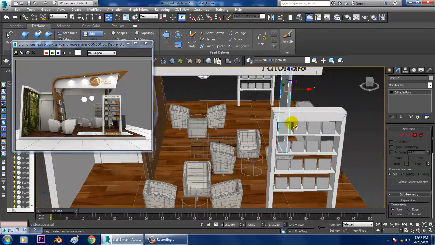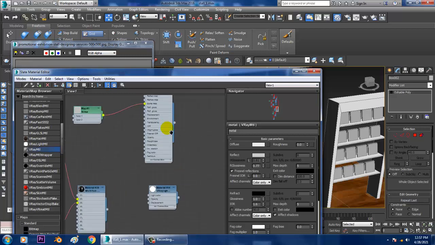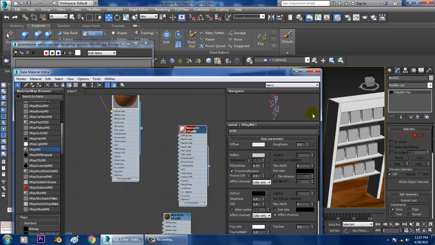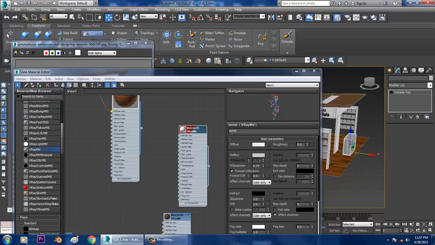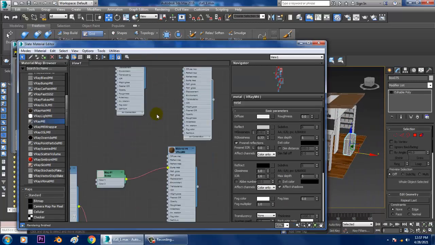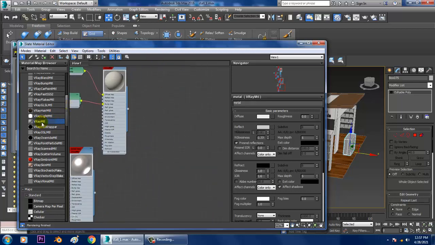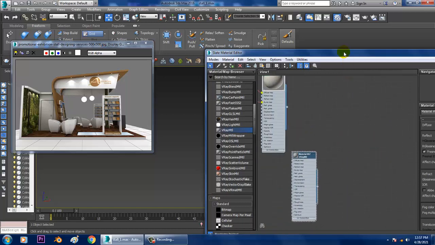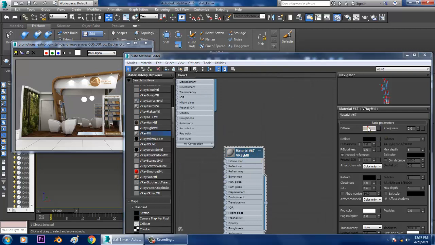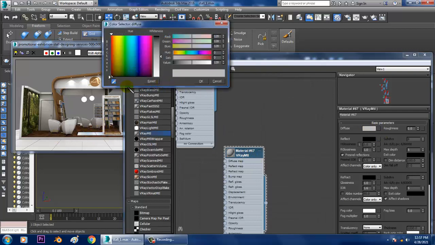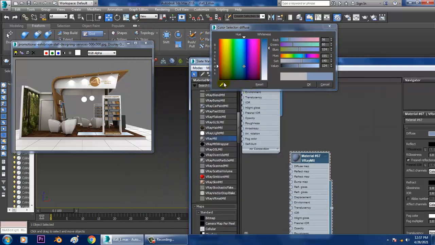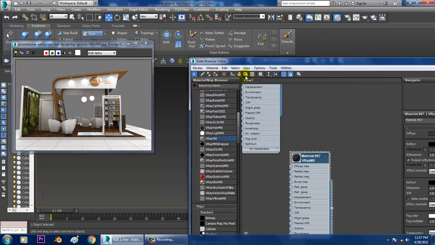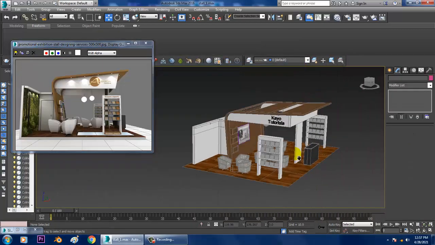So select this, go into the material, and this part, let's again take a V-Ray material, so select this, so assign that. Okay, much better.